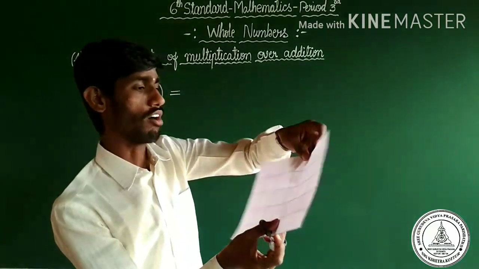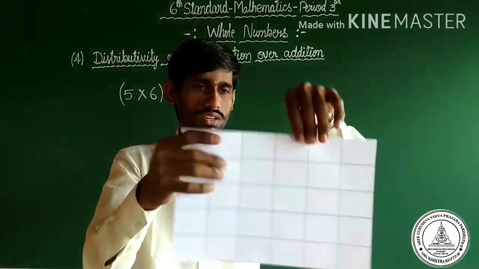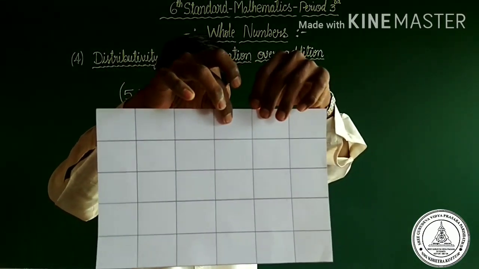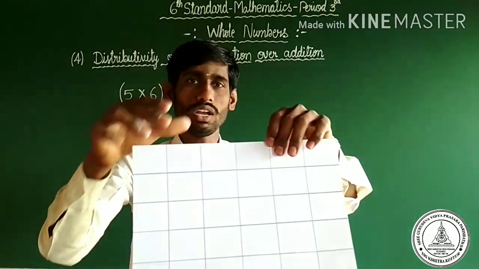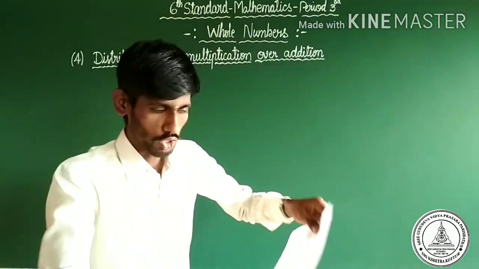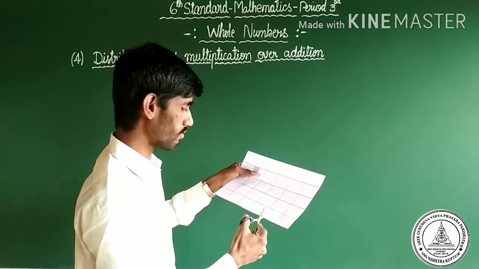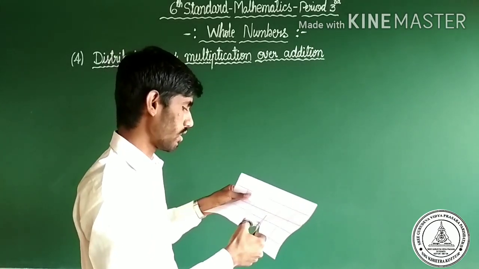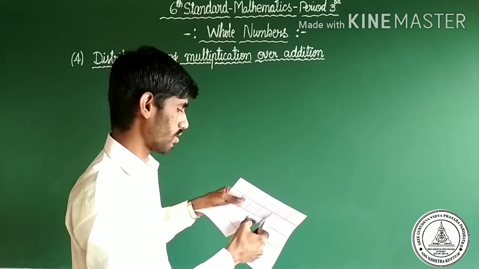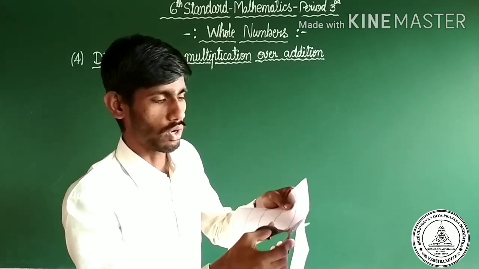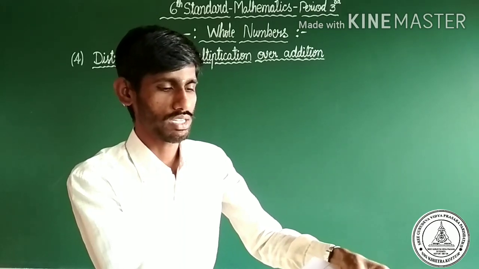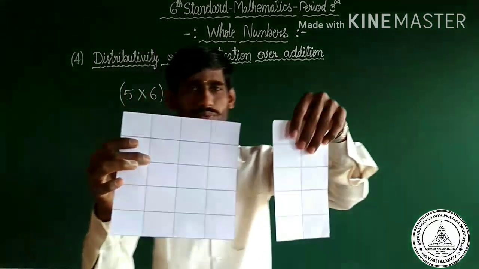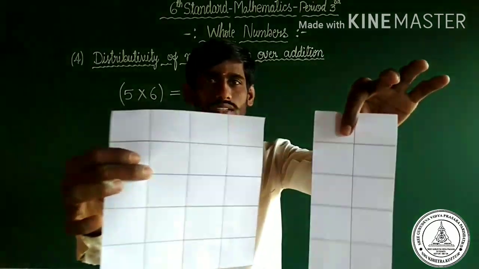Dear Chotu, I will cut the given paper into 2 pieces here itself. After the fourth column, 1, 2, 3, 4, let us divide the given paper into 2 parts. Sorry, 2 parts, not equal parts. Observe here. We are discussing the distributive property. This is the first part, this is the second part. Are you clear?